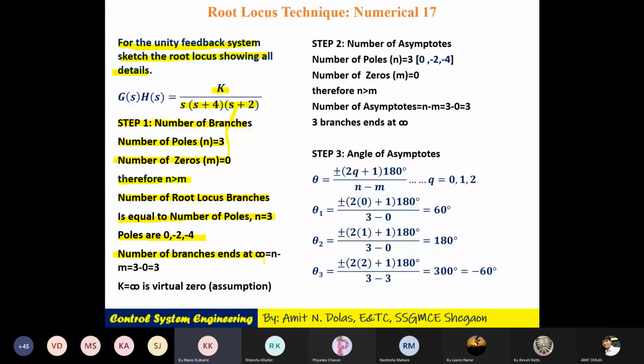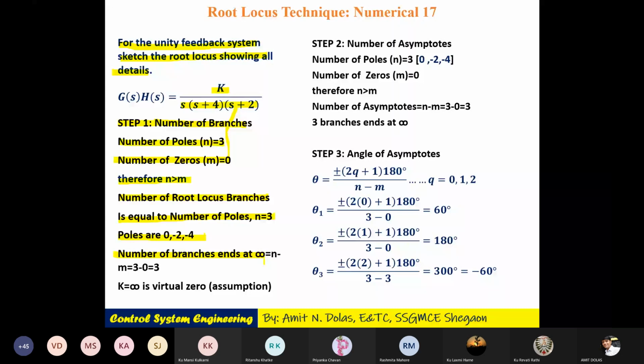Okay, this is the last numerical where I covered everything and then we'll stop. So I want everybody's attention towards this numerical. Number of asymptotes is based on the number of zeros and number of poles, and the number of asymptotes will be the difference between them. There will be 3, of course. Angle of asymptote मैंने बोला 3 है, तो it will be 60, 180, minus 60. Don't think about it. If an objective question is there in the unit test, 3 asymptotes are there. What are the angles? There are 4 different options, and one of the options will be 60, 180, and minus 60. That will be the correct answer. Without calculation, you may directly answer.